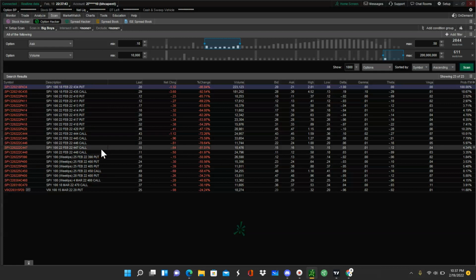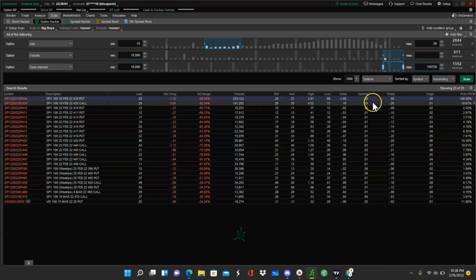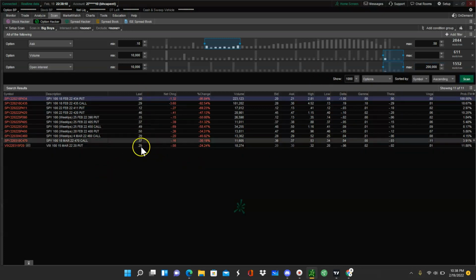So you can do volume and or open interest, and let's see how it does if I add a filter and just go open interest or add open interest to it. So open interest, let's do the same. Let's say 10,000. And whatever the default maximum is there. Let's say 200,000. Okay. All right. So hit scan again, and it brings down,